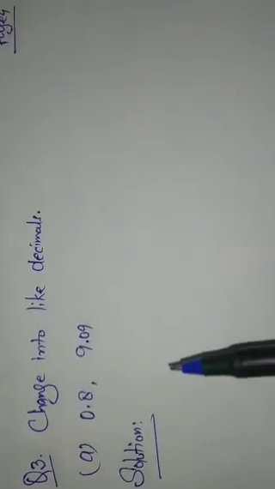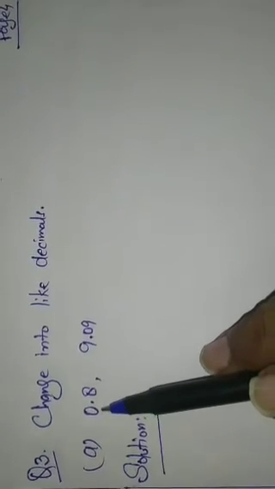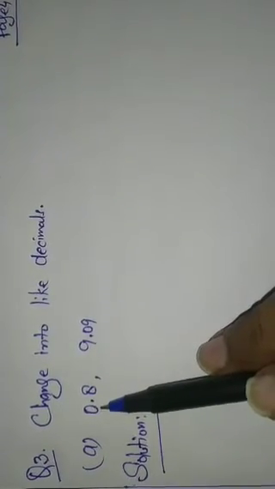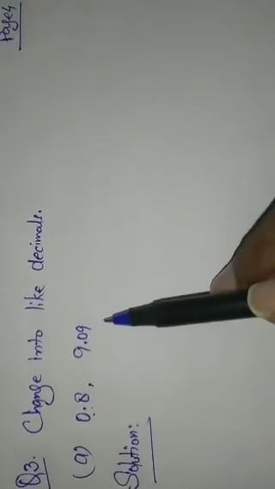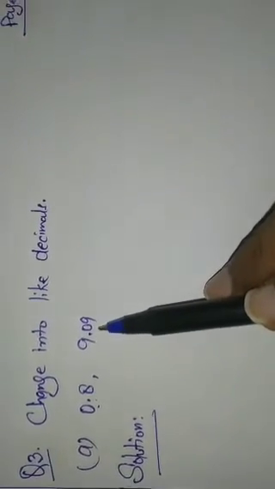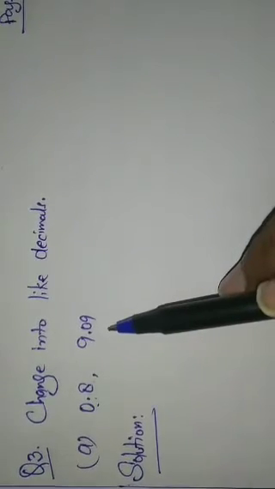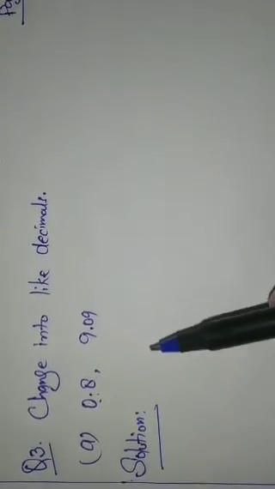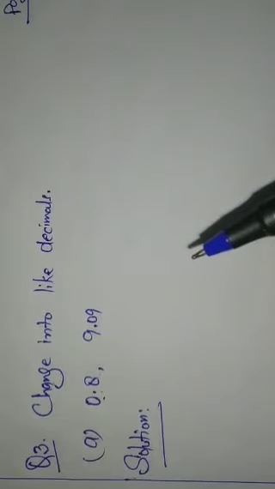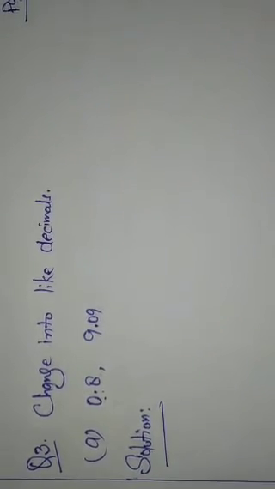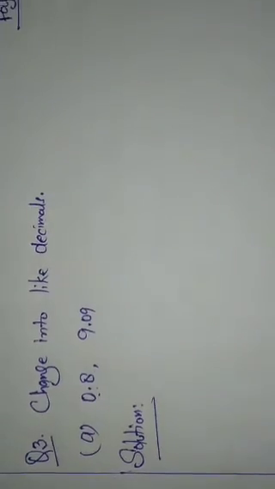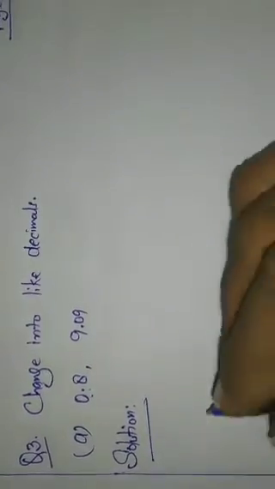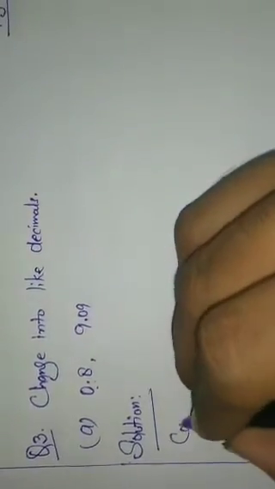In A part you can see it here, in the first number 0.8 has been given and in the second number 9.09 has been given. So you know about that. Like decimal क्या होते हैं, डेसिमल के बाद के जो डिजिट्स होते हैं वो इक्विवेलेंट होने चाहिए 2 और मोर नंबर्स के. So that is called like decimals. It means digits जो हमारे वो equivalent आए. So here you will write convert